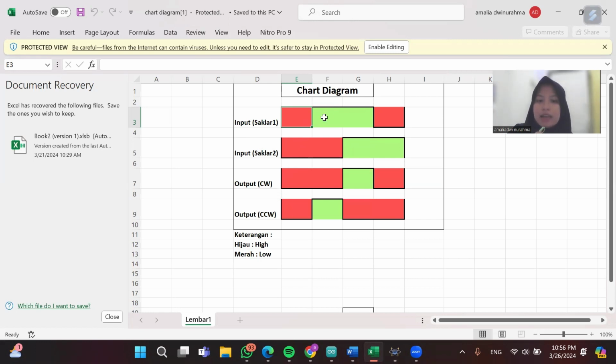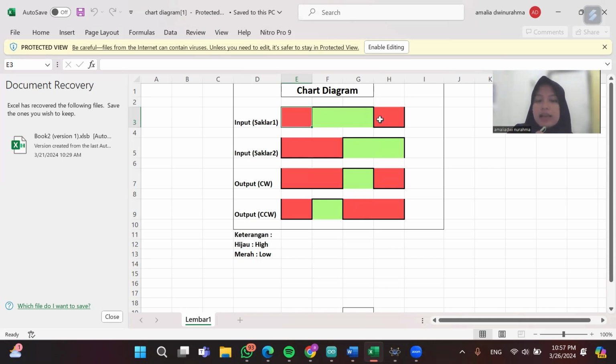And if switch 1 is low and switch 2 is high, output CW will be low and CCW will be high. If switch 1 is high and switch 2 is high, output CW will be high and CCW will be low.